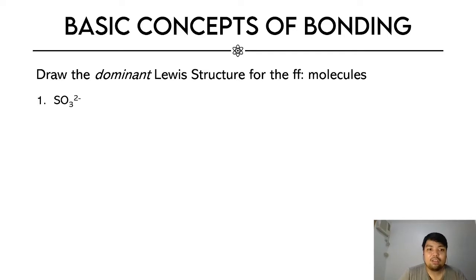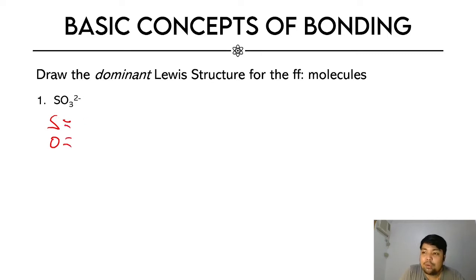So let's draw the dominant Lewis structure for the following molecules. So let's go back to the steps on how we draw the Lewis structure. So first, we count the number of valence electrons. So we have sulfur and oxygen as our atoms in our Lewis structure. So sulfur,